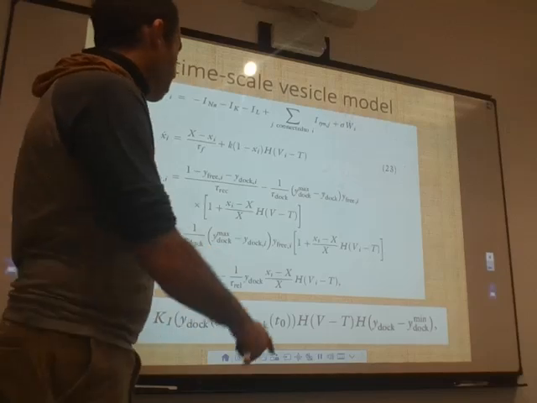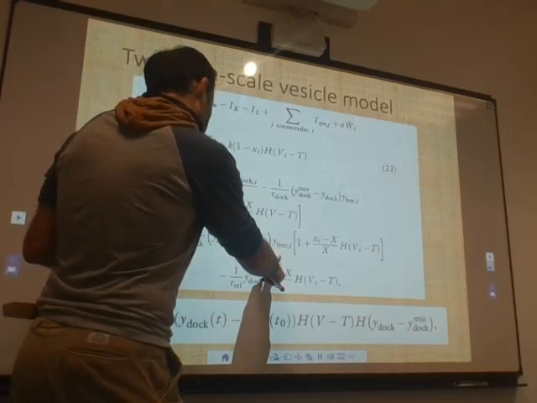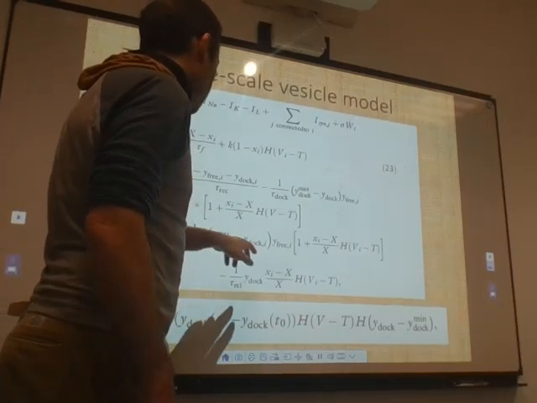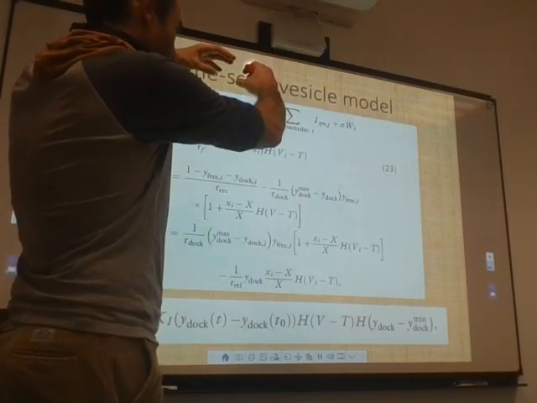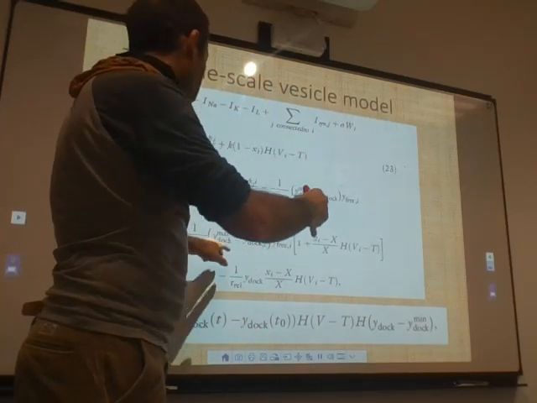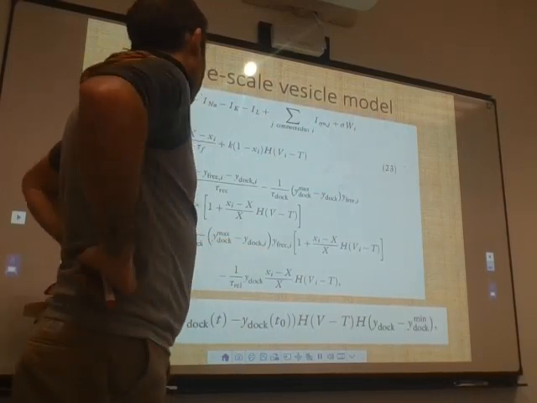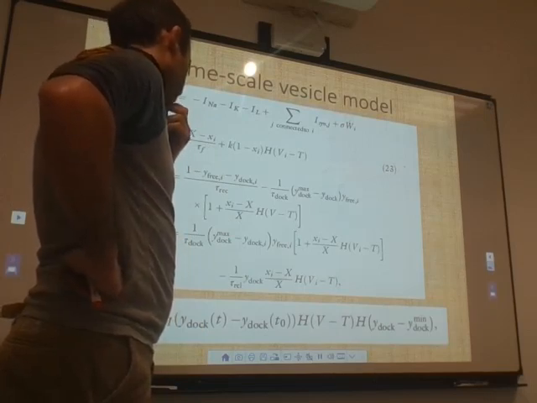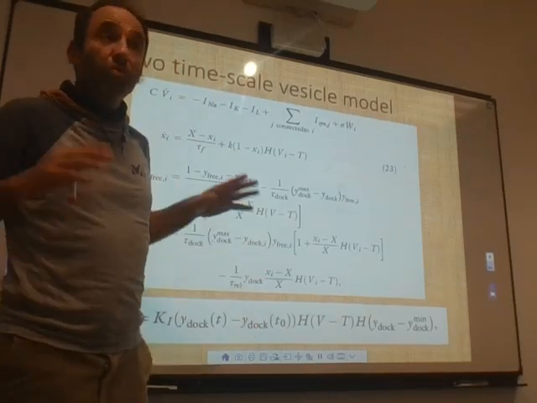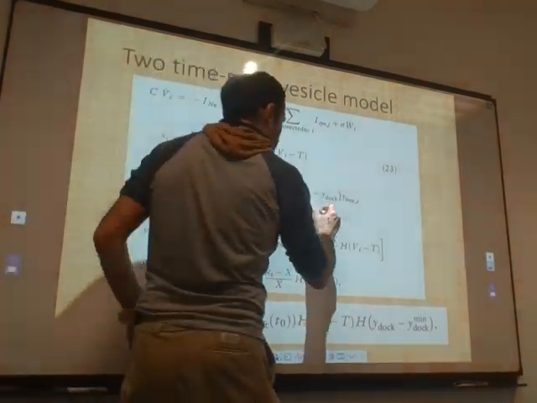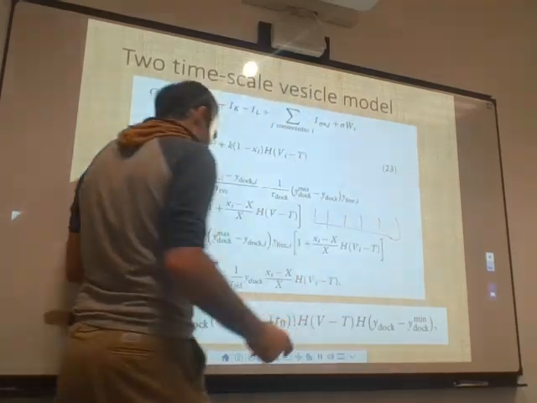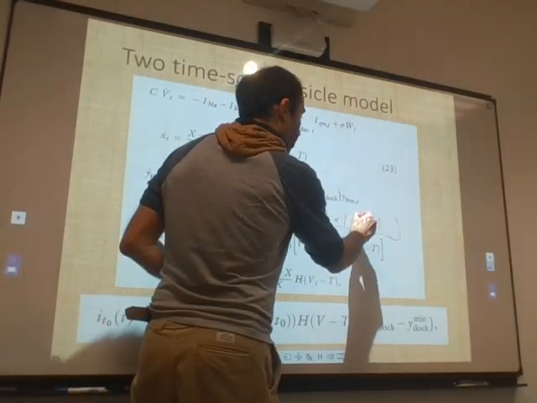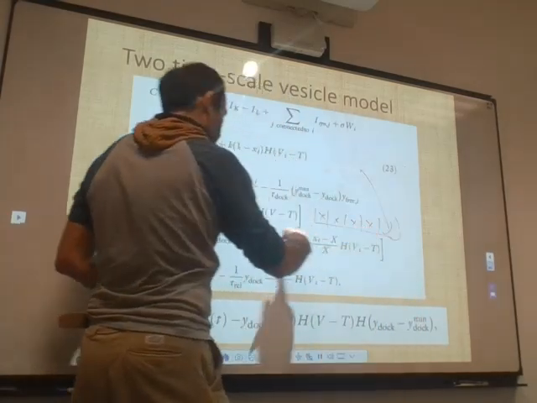And this is a term to say that when you have free vesicles, how do the docked vesicles increase? Yeah, it increases because you have free vesicles that come from this reserve pool, and you complete if the number of docked here is 0. Is this correct? When the maximum, yeah, if the number of docked vesicles is full, you cannot get more vesicles. So this says that if you have a certain number of slots, if all the slots are occupied, you get no more from the free vesicles, right? If they're all occupied. But if you have one free, you can have a free vesicle that comes and that will